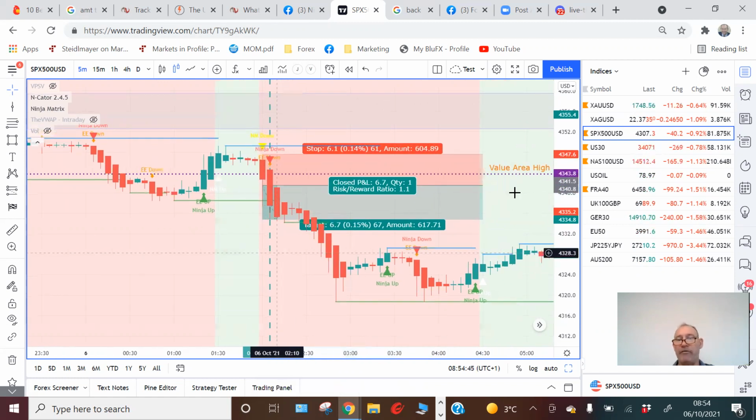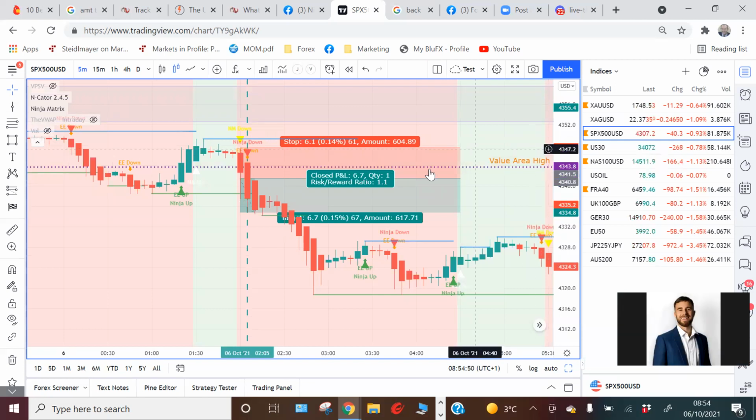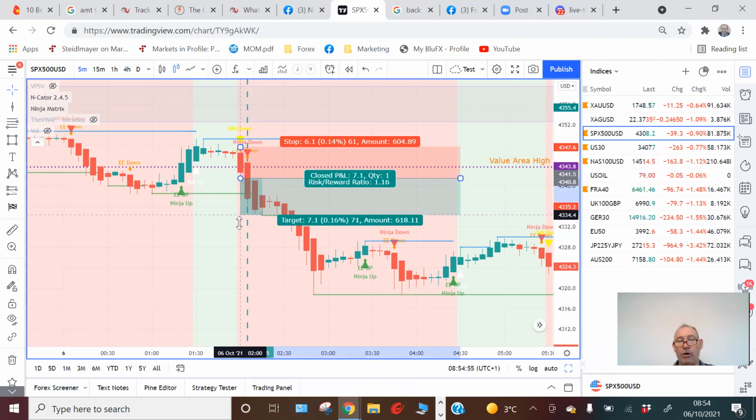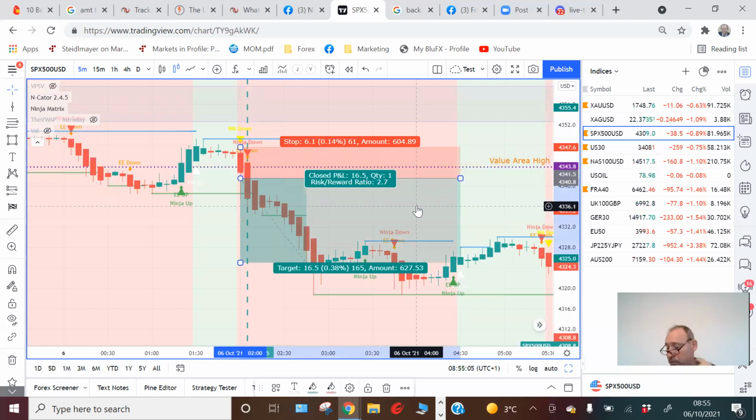I don't know if you've learned that from Mr. Karn, where you get as much risk to reward as possible with the ninja smart money. It's good, and well done on your part. So we take that all the way down, and we get the beep on a phone or a computer, from 1 to 2.7. Not as much as the last one. The last one was 1 to 6 points, so 6.8% on the previous trade. And this one we had